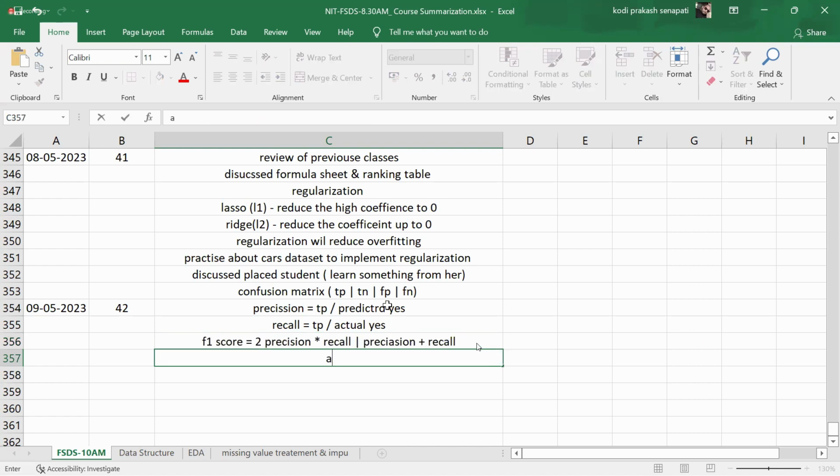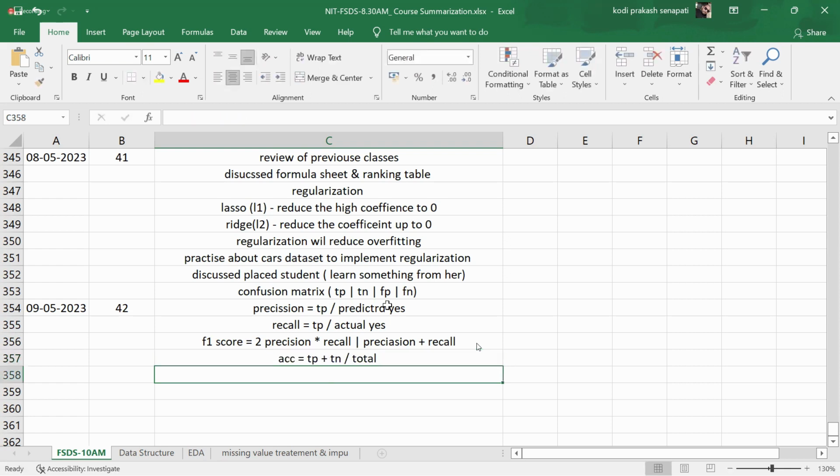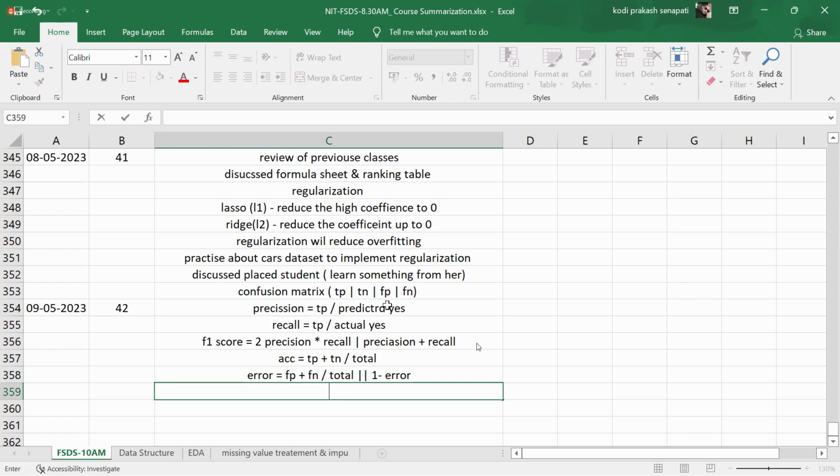All right. And I hope you know how to compute accuracy, guys. All the time you check the diagonal. What is diagonal? TP plus TN divided by total. And then what is error? FP plus FN divided by total, or I can say 1 minus accuracy. We covered this. Then we introduced why